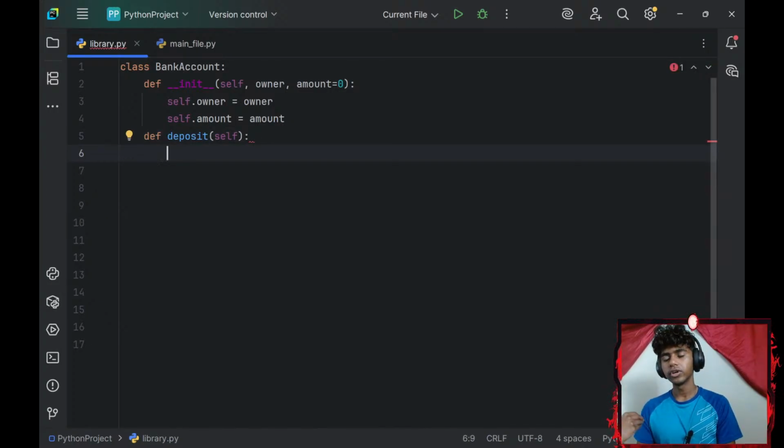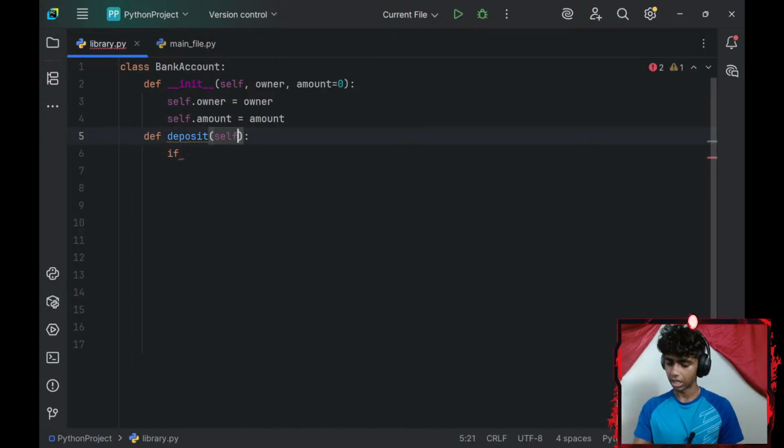Okay. For the deposit method, I'm going to be subtracting my deposit amount from my amount. Let me add an if statement, although. If my amount is greater than... wait, deposit is adding money, right? So actually I wouldn't need anything like that then. Okay, if my amount is less than or equal to 0,